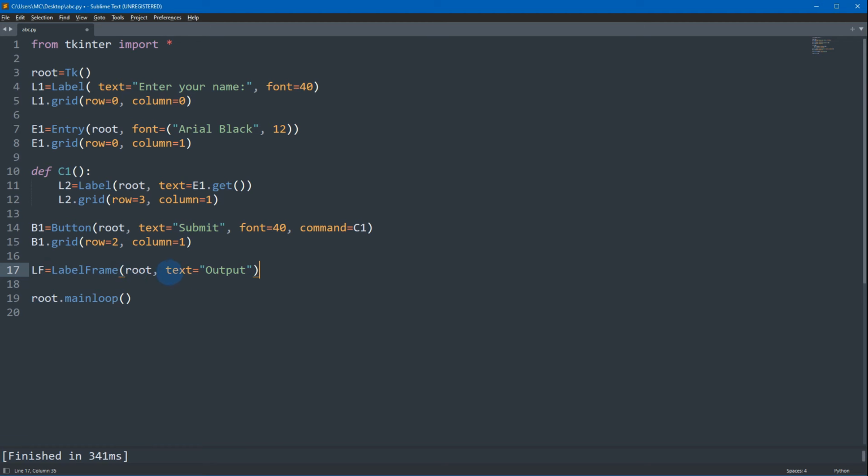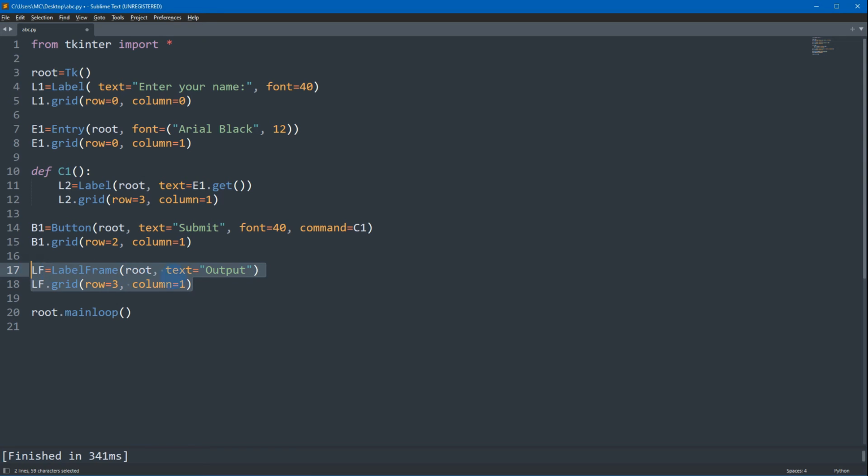Okay, so the text for that label frame will be output to indicate that that is the output. Then let's place that label frame on row 3 column 1. So basically we're going to copy this one, then change L2 to LF, that is the name of our label frame, then place it on grid row 0 column 1.